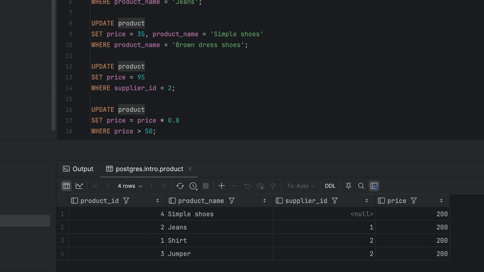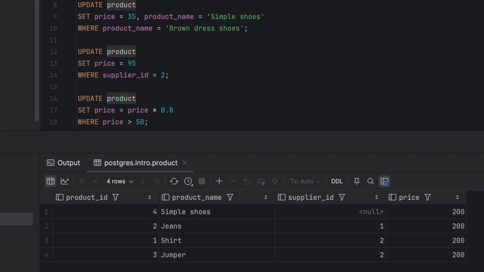How can you prevent this from happening? One technique you can use is called a transaction. I'll make another video explaining this in more detail, but essentially it's a database feature that allows you to group statements together and undo them if you've made a mistake. You can use the rollback statement to undo changes from the update statement. Another option is to regularly back up your data and restore it if this happens. Fortunately, some editors give you a warning if you run an update statement without a where clause, allowing you to stop it before it runs.